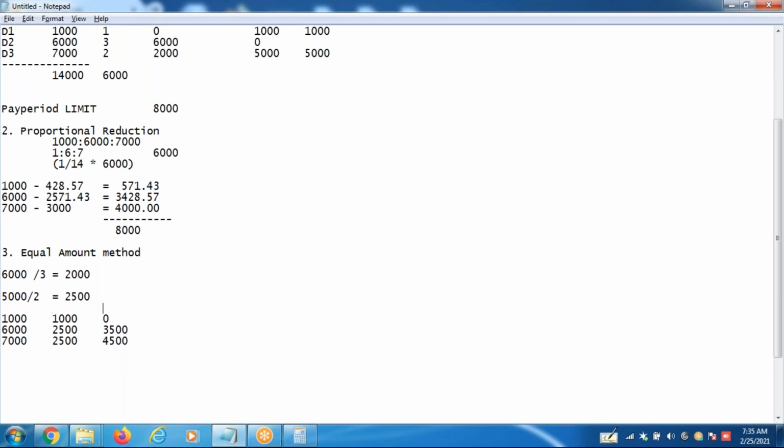So what is this? Deduction taken and deduction not taken. The same amount. So whether you are storing it in DDNTK or DDNTK plus arrears, it all depends on configuration and the requirement.